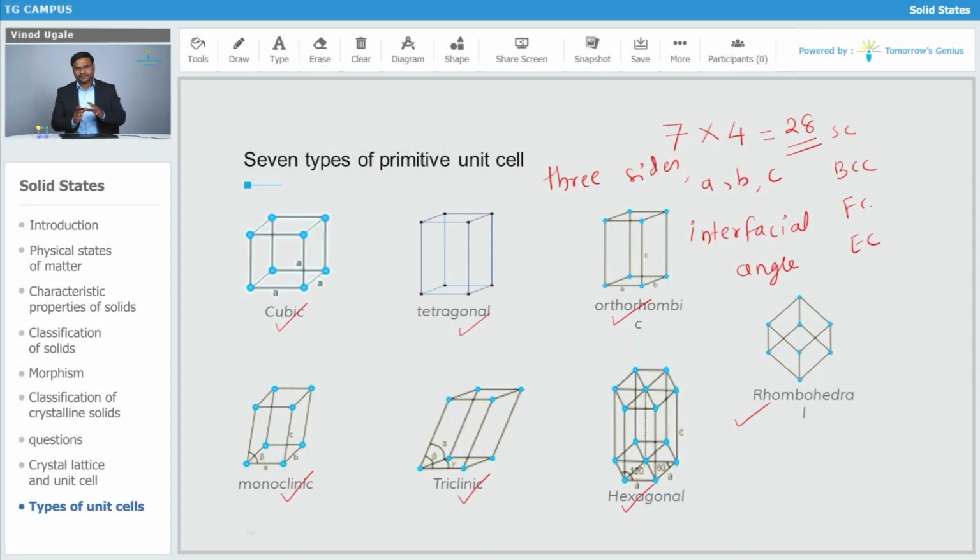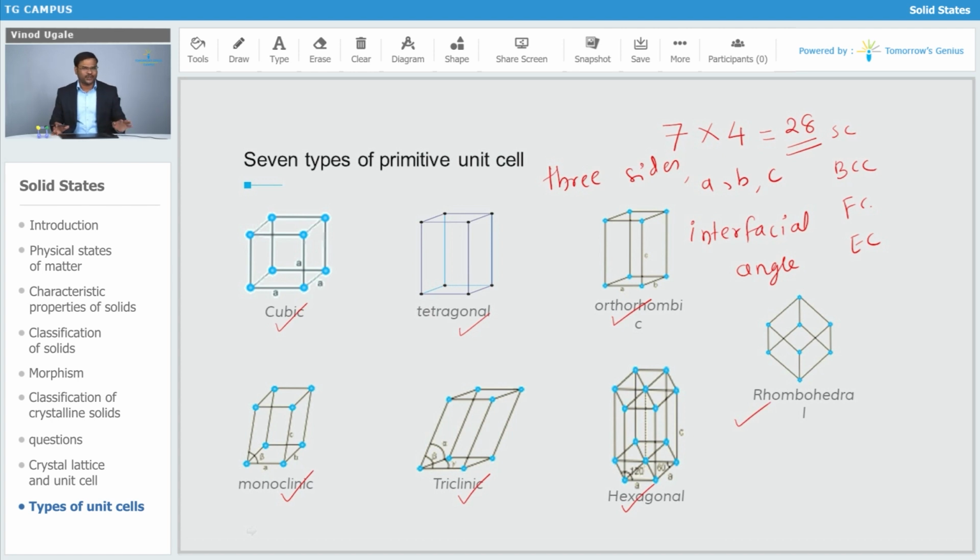Now let's see how to remind these parameters, how to memorize these parameters, because in entrance examination the question has been asked on this thing. They will ask you the system, suppose they will ask you tetragonal, and they will tell you find out what parameters are going to be there. So 4 options will be there. Out of that, 1 parameter will be for the tetragonal system. Because why there are 7 types of primitive unit cells? Because the parameters are different in each case. Likewise, we have practiced in the 2-dimensional. So now we will go for what parameters will be there for cubic, tetragonal, orthorhombic, monoclinic.